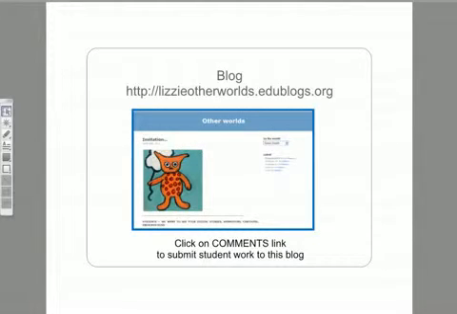Okay, I mentioned originally that when you go onto the Other Worlds website, there's really two places you're going to want to visit. One's the PDF section that I've just walked through, and the other section is the blog section. And when you click on that, you get taken through to a special blog that I've set up.